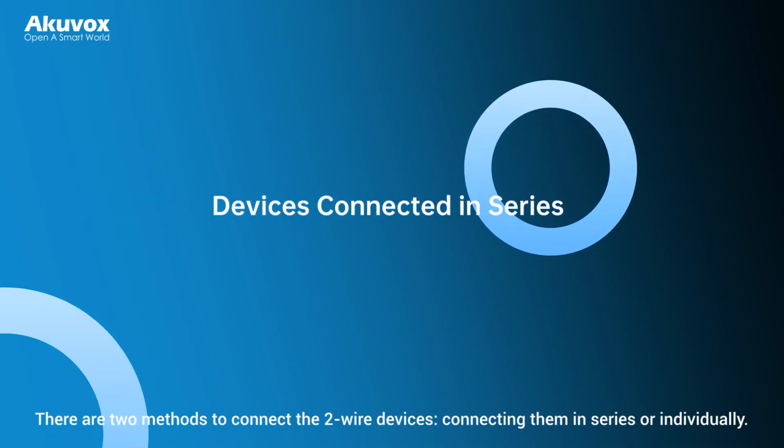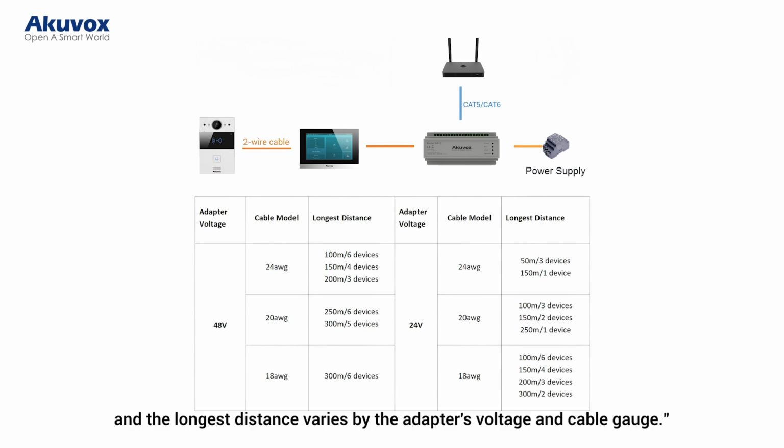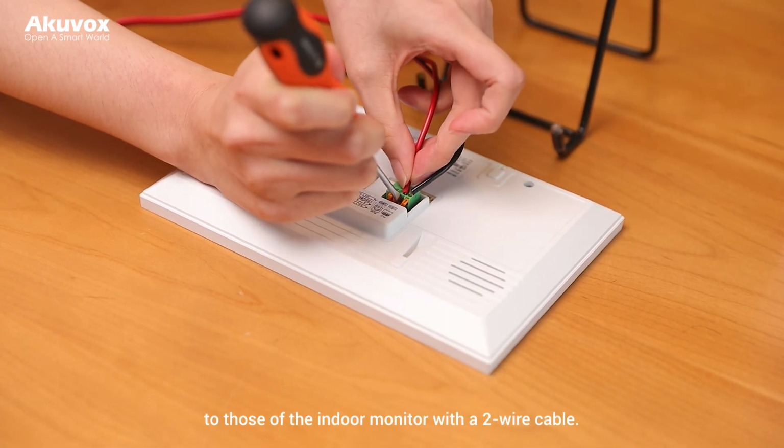There are two methods to connect the 2-wire devices, connecting them in series or individually. Please refer to the wiring diagram of the first method. Please note that each NS2 can connect up to 6 2-wire devices, and the longest distance varies by the adapter's voltage and cable gauge. First, connect the 2 PLC ports of the door phone to those of the indoor monitor